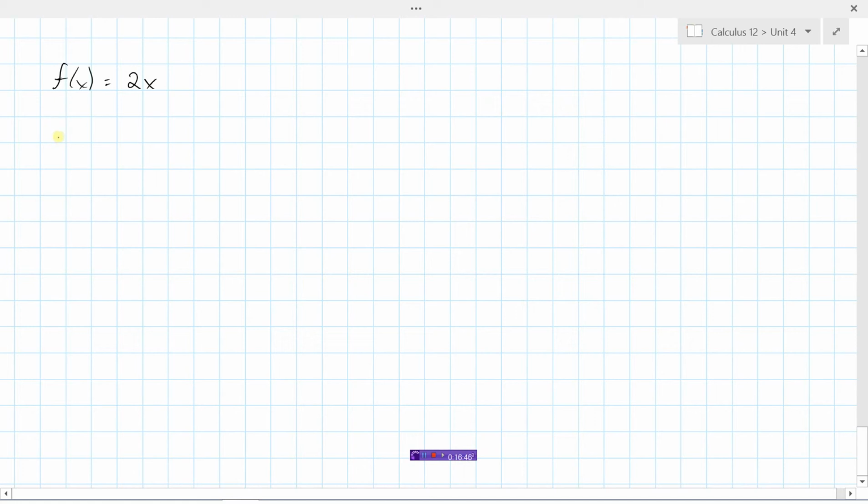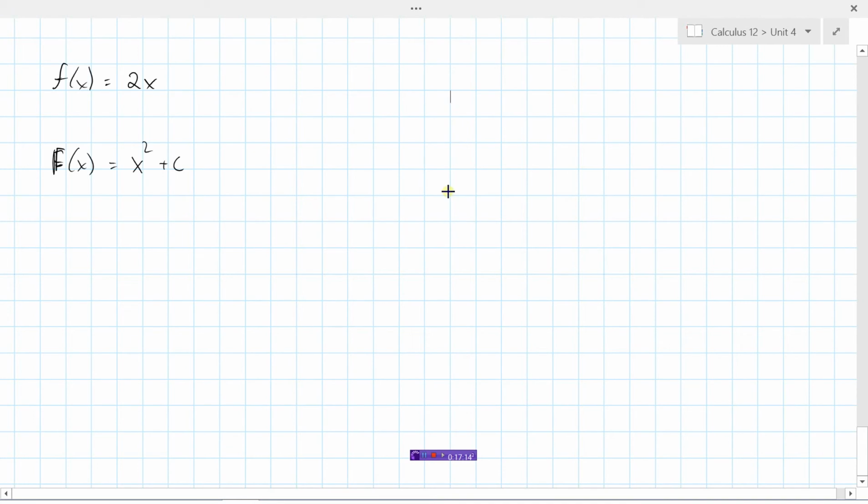Sometimes what we do, instead of a little f of x, if we're integrating, we'll use a capital F to represent the integral of this thing. So if we integrated this function, we would get x squared plus c. So the integral of this function is x squared plus c. We don't know what that constant term is. So if we were asked to graph this function,